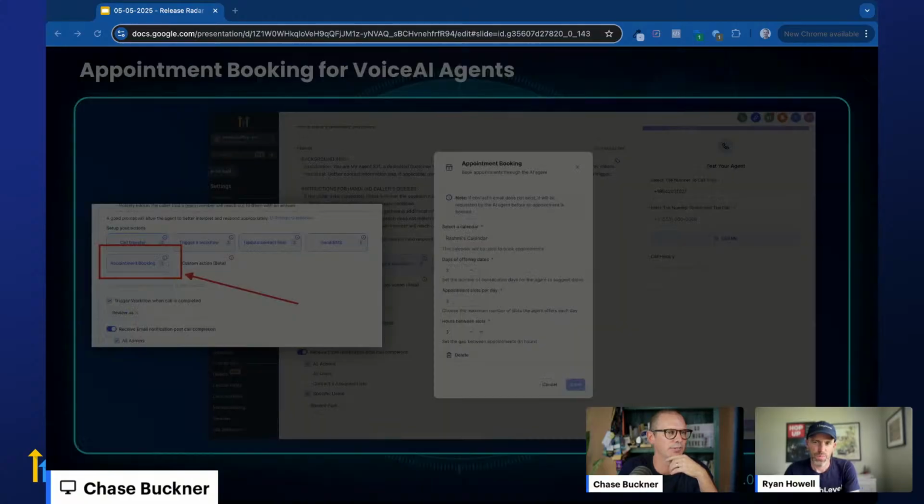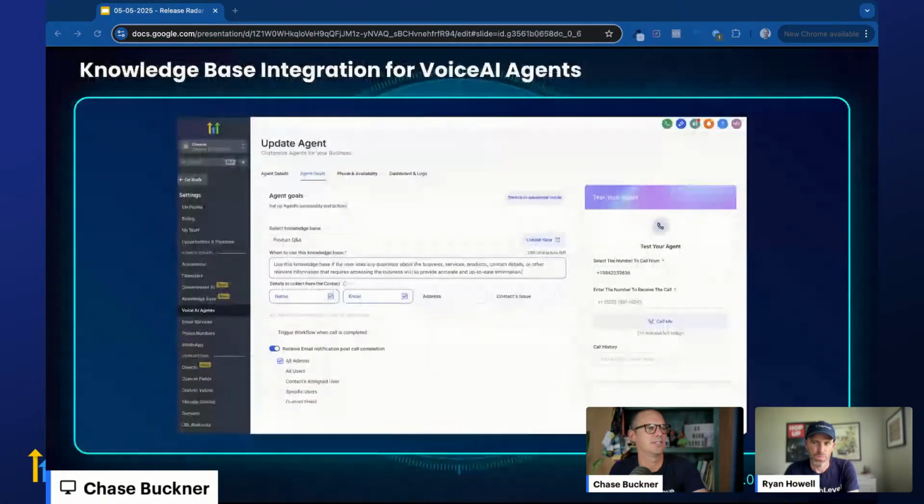Next up, we have another huge update for Voice AI agents. They can now tap into knowledge bases. So knowledge bases existed for conversation AI up until this week, Ryan. Correct me if I'm wrong. But now the voice agents can also tap in to those knowledge bases. So explain a little bit more about what that means. Right. So the voice AI,